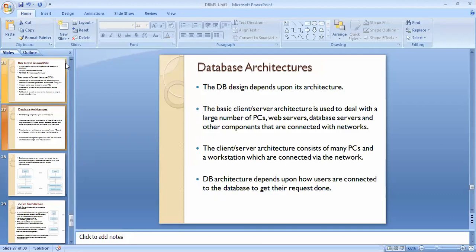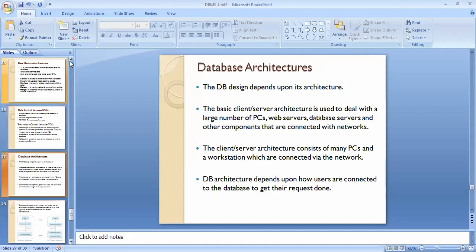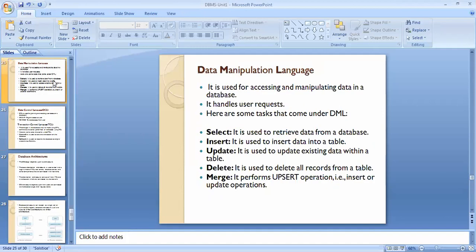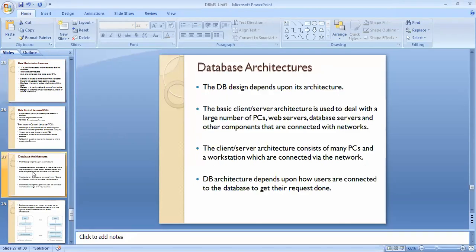Next point is the database architecture. Database architecture. Here, the architecture depends on the database design. Mostly, the basic client server architecture is used to deal with a large number of PCs, web servers,